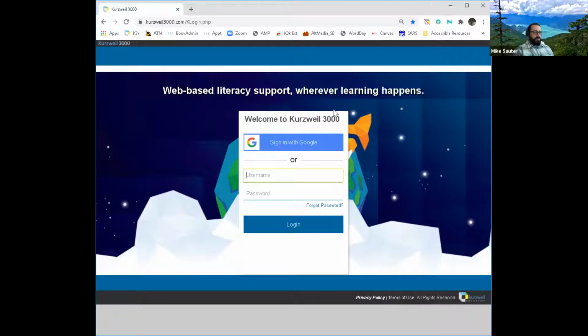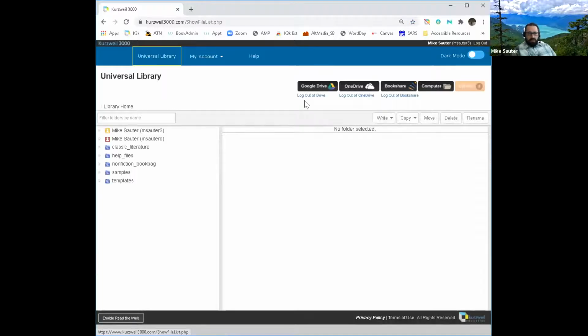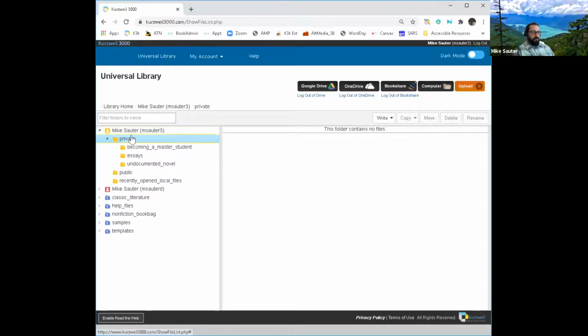So we just go to kurzweil3000.com and we log in using the user account that is provided to you from me. And once we log in, we are brought to our main Universal Library screen, where we can find all of our books that we're reading, as well as any particular files that we may have. So we're going to navigate to our username at the top and under the private folder, which is where we usually find our textbooks.